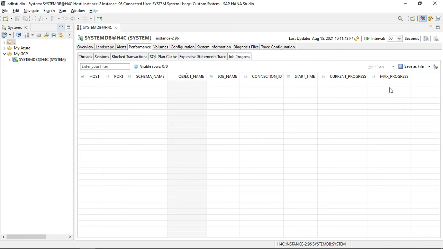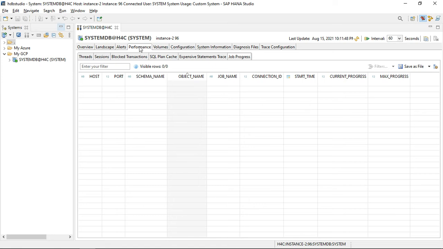For example, if max progress is 100 and your current progress is 49, it means that the job has run 49% and 51% is remaining. By doing this analysis, you can predict when that job, for example a backup job, will finish. This is a very helpful tab for job monitoring.